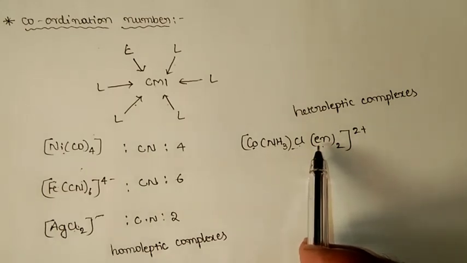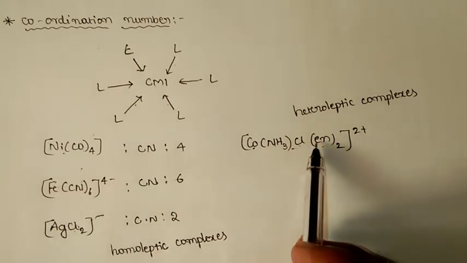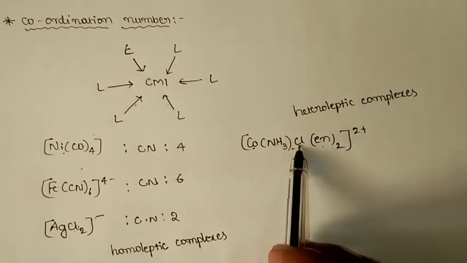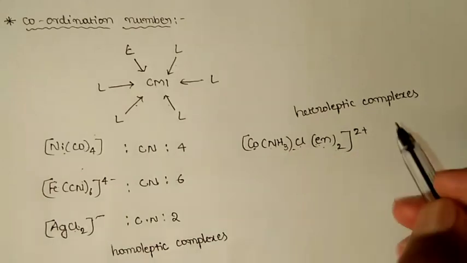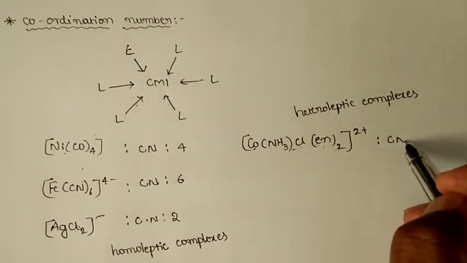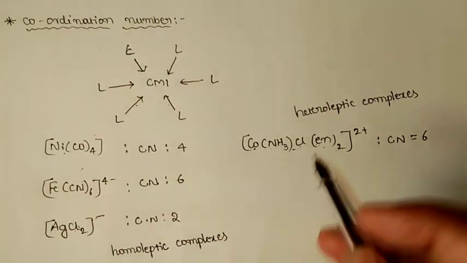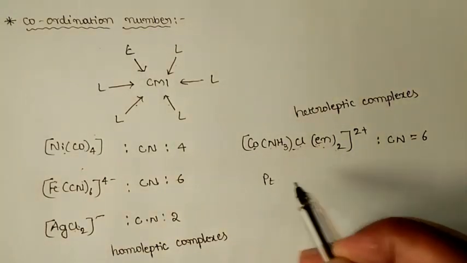Bidentate means there will be 2 ligating atoms, and how many such ligands are there? 2. So 2 twos are 4, plus 1 is 5, plus 1 is 6, and thus the coordination number of this complex is 6. Let us go with one more example: Pt, ox, and